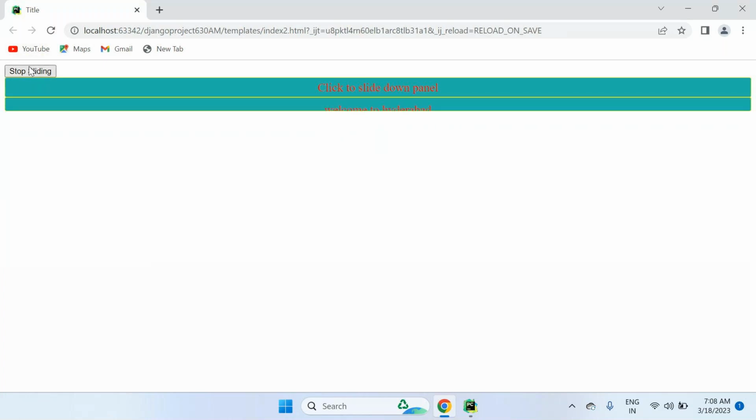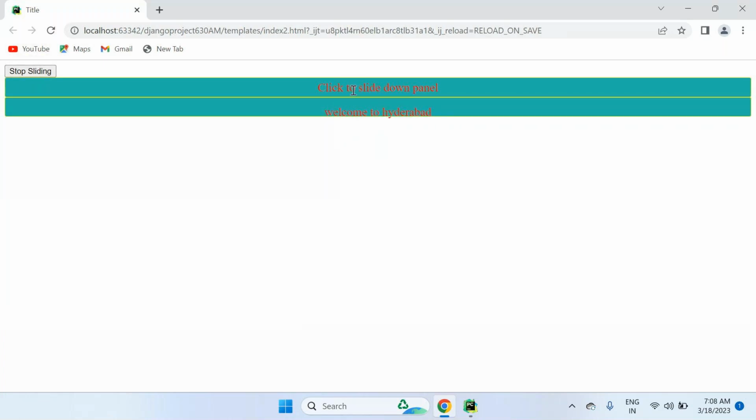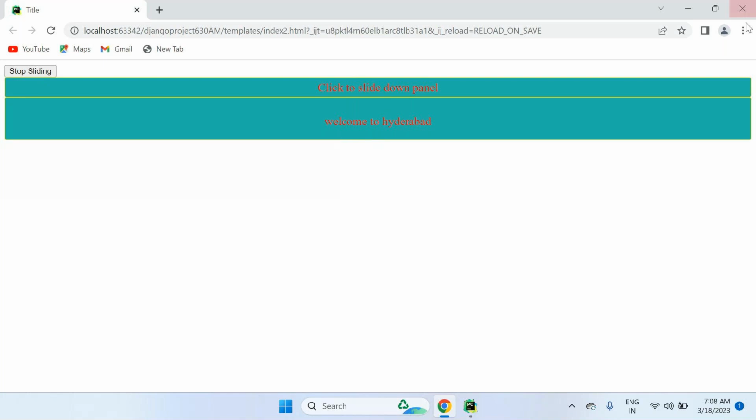If I refresh again, I can click here to slide down. If you want to stop here immediately, it can stop. Again, click here to slide down. If you want, you can stop immediately. Here it is stopped. So this kind of code we can write using jQuery without using any hard code of